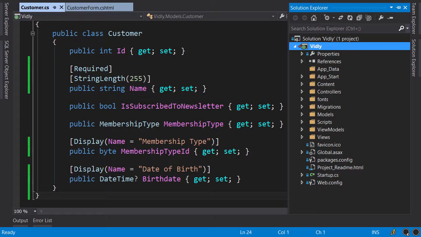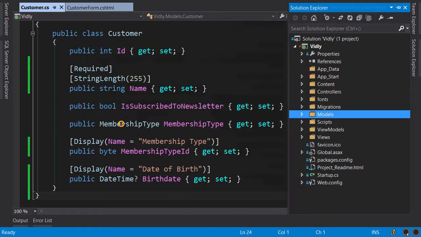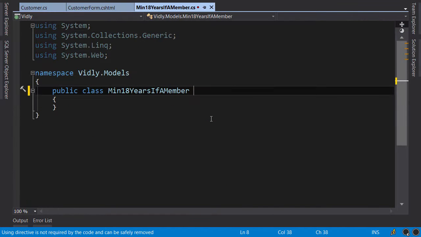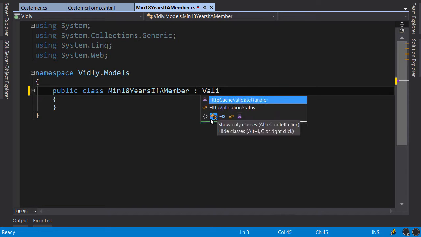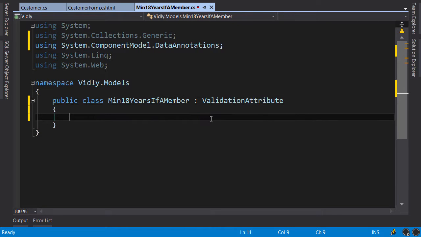So to implement this, right-click Models, add a new class. Let's call this Min18YearsIfAMember. We need to derive this class from ValidationAttribute, which is defined in System.ComponentModel.DataAnnotations. Now here we need to override